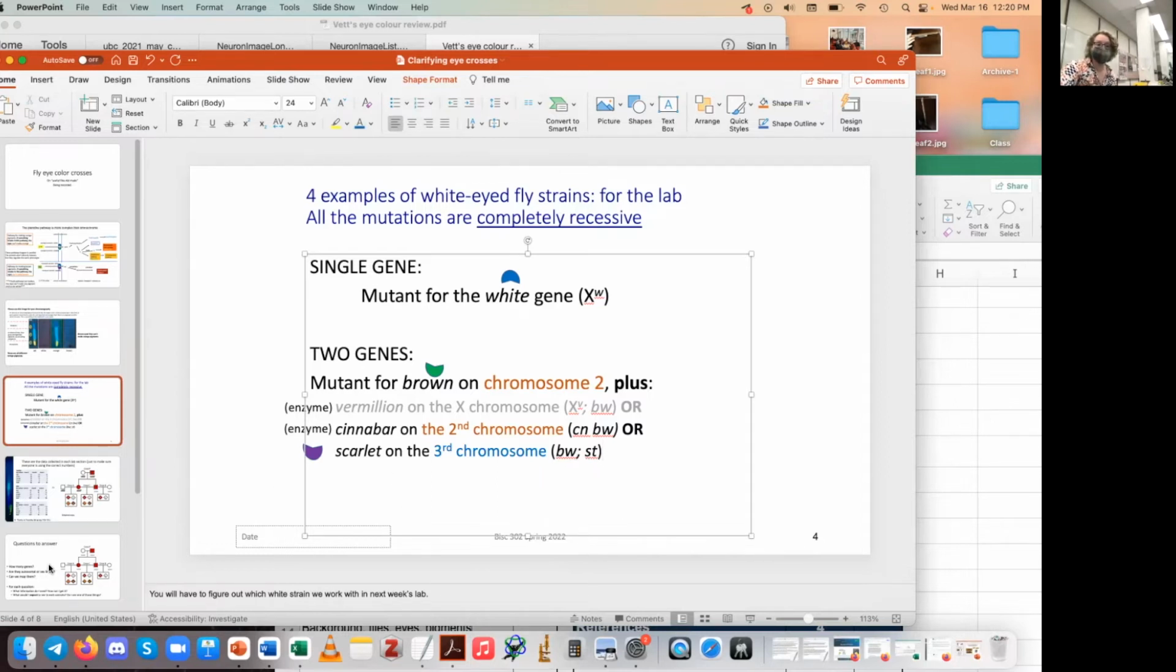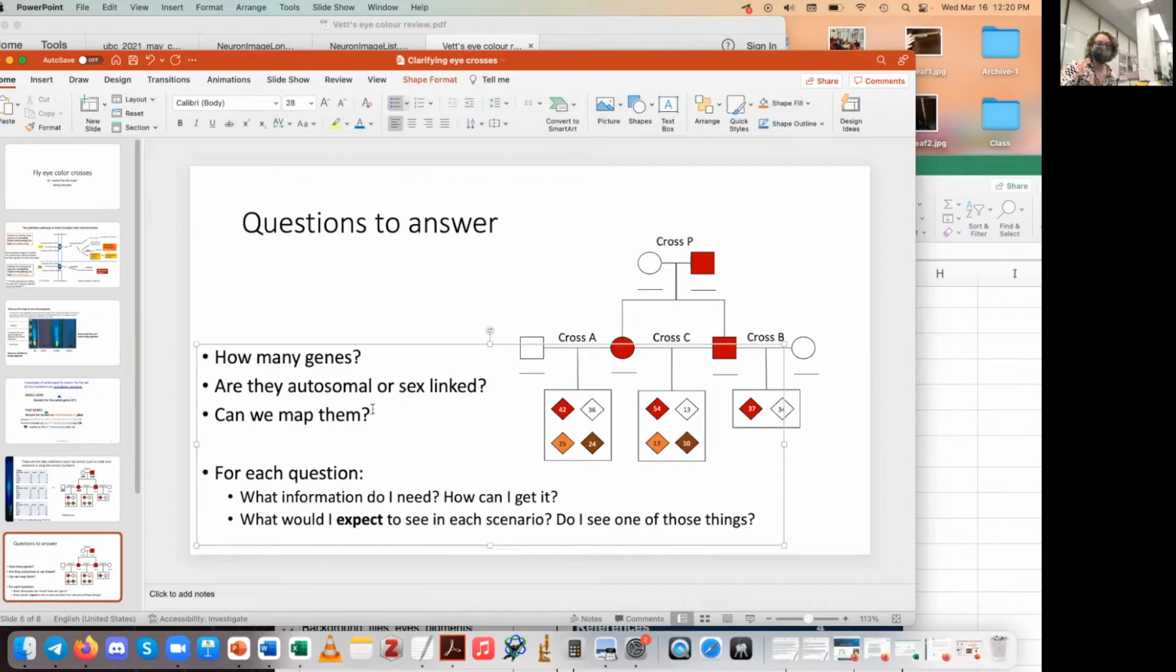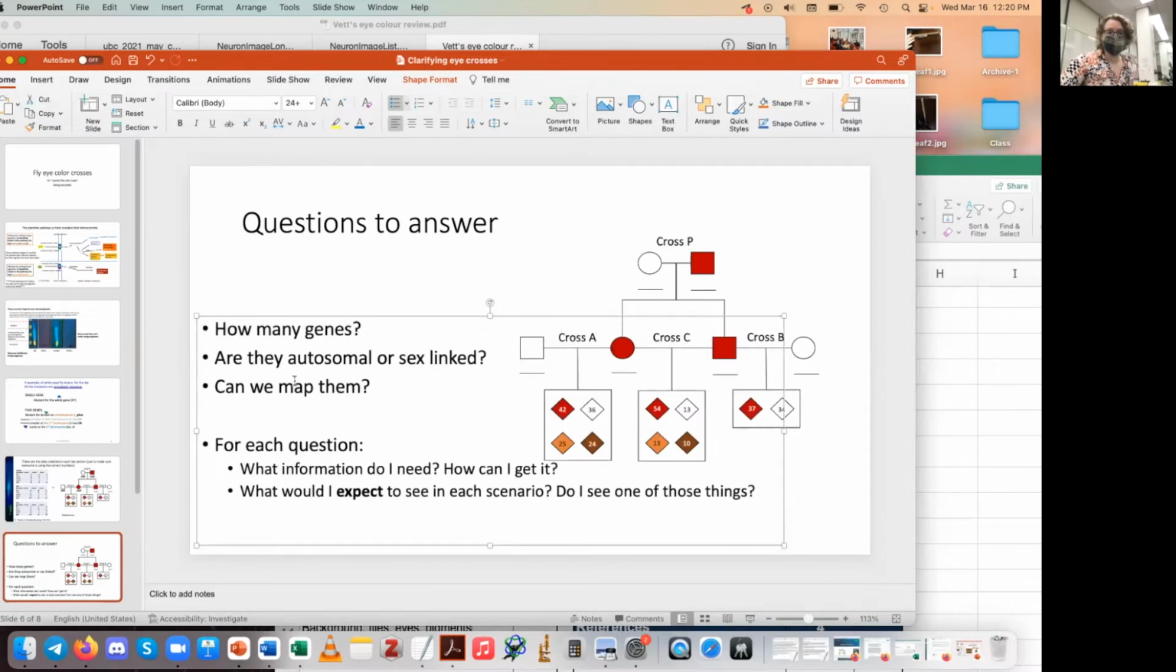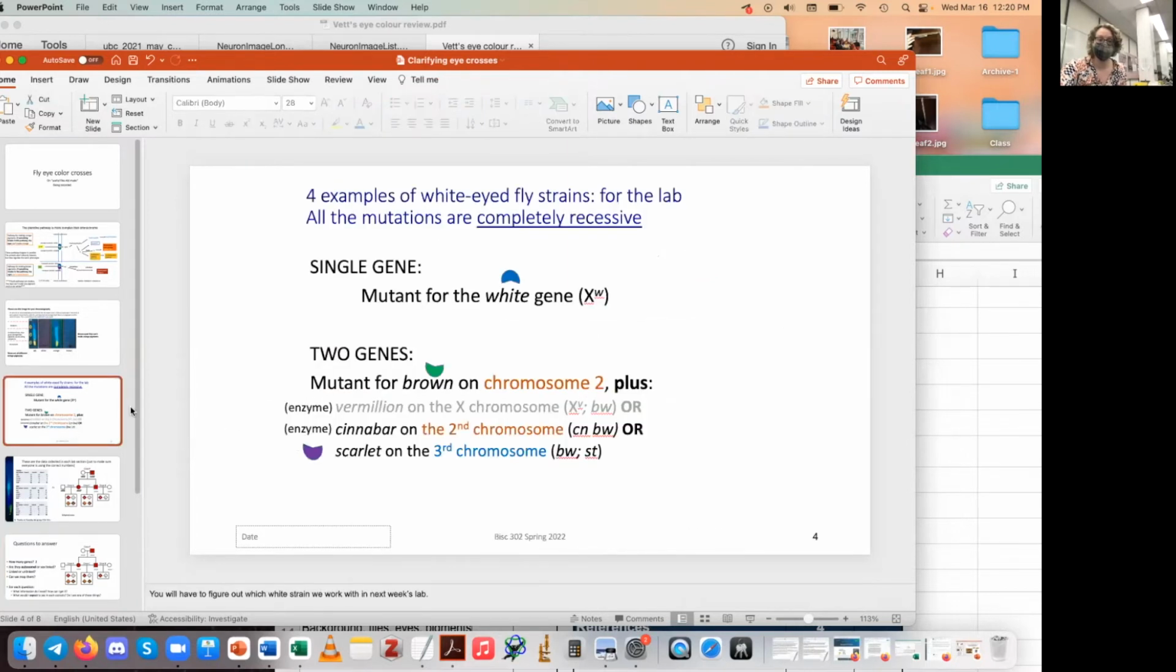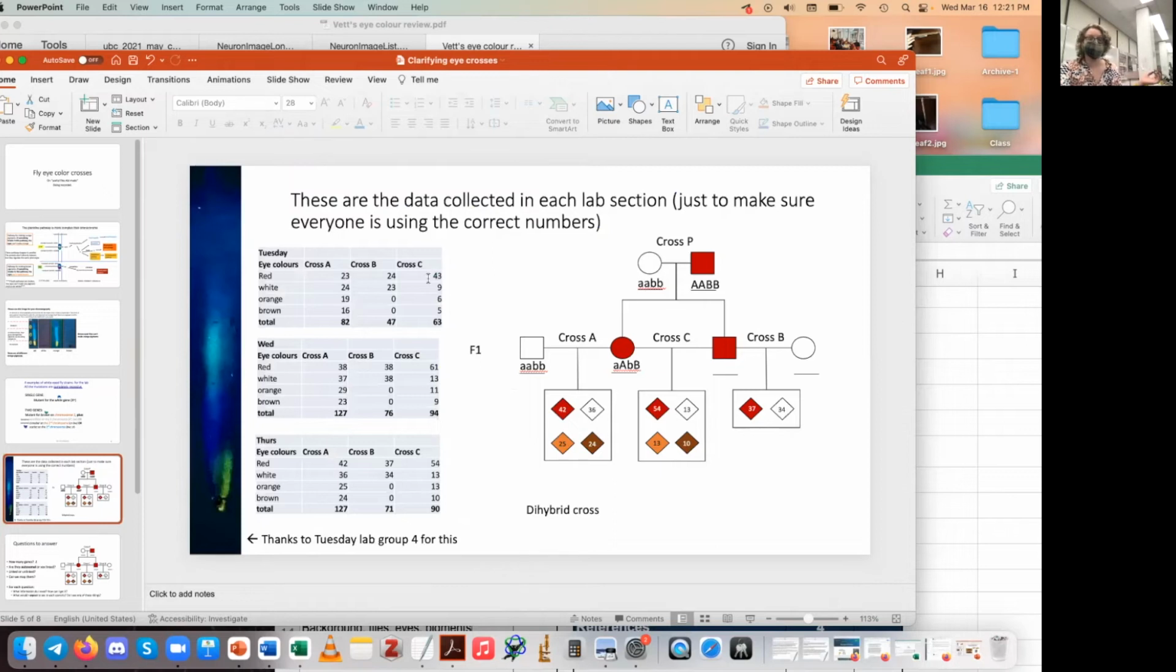So this next question is, hold on, let's just change this a touch. Linked or unlinked. Okay. So how many genes? There's 2. It's autosomal. Linked or unlinked? Here's our next question. Linked or unlinked? Because that determines whether it's cinnabar or scarlet. Those are our options. So if it's linked,